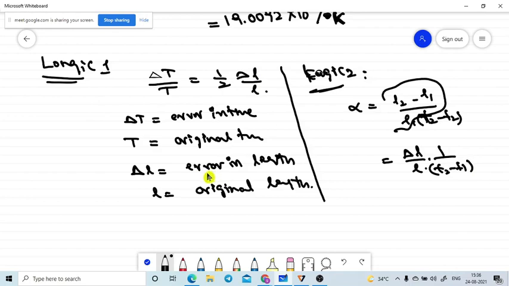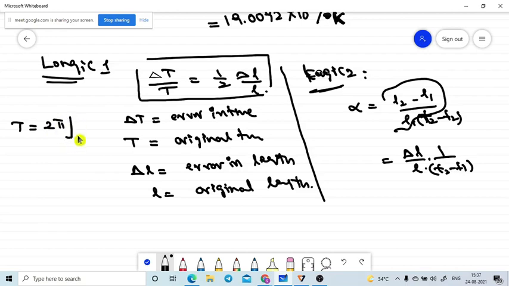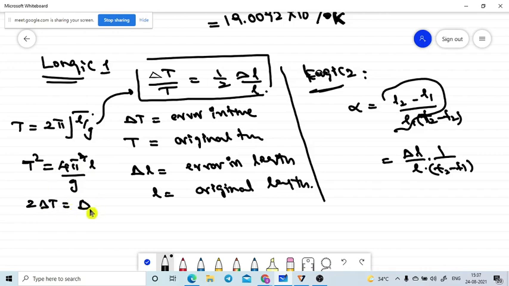Are you getting it or not? Where did we get this formula? We got it from the basic formula of the time period of the pendulum, T is equal to 2 pi square root of L by g. Some portion we did not connect because it is in the error measurements also. T square is equal to 4 pi square into L by g. From this we find only the error, meaning 2 delta T by T is equal to delta L by L. From this we arrived at this formula.